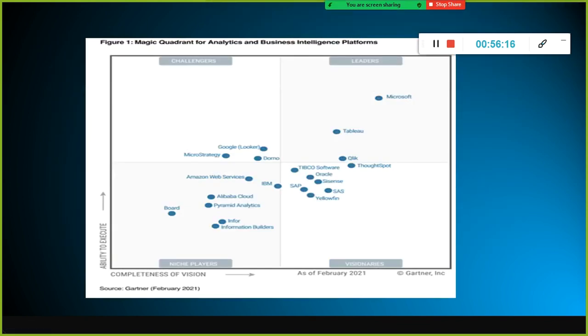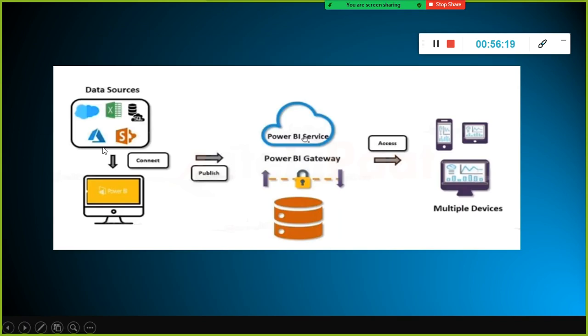And the next one, I'm going to skip this one. This is the architecture of the Power BI tool. Let's say you downloaded the Power BI Desktop and you installed it. The installation is very simple. Once you download it, you just double click on it, keep clicking next, and it will get installed. Very simple. You don't have to do any configuration. Don't make any changes to that. Simply click next. That's it. You're all done. You're all set.